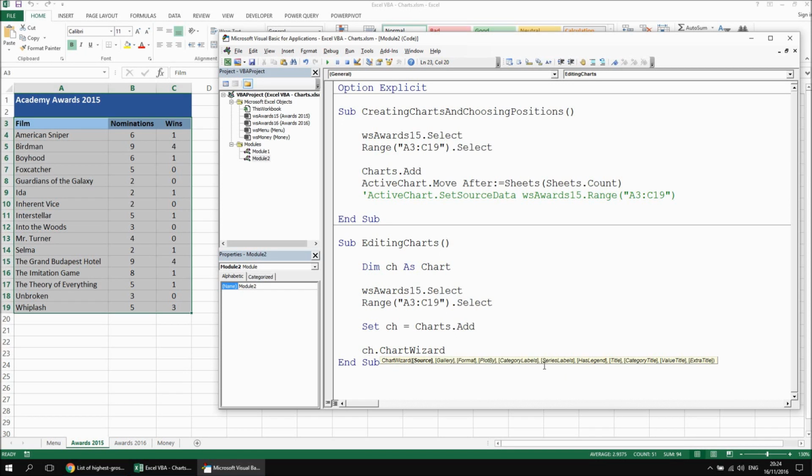So for instance, if I wanted to set the source data, you can see that the chart wizard has a source parameter. The parameters here are all optional. And you can change all of these things using dedicated properties and methods as well. You don't have to use the chart wizard to do it. But if I said, let's say, rather than using the set source data method for the chart, I could say chart wizard and then say source equals, and then let's just say something like WS Awards 16 dot range A3 to